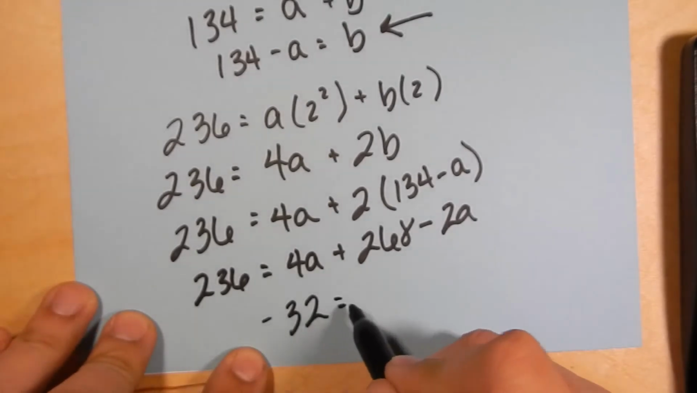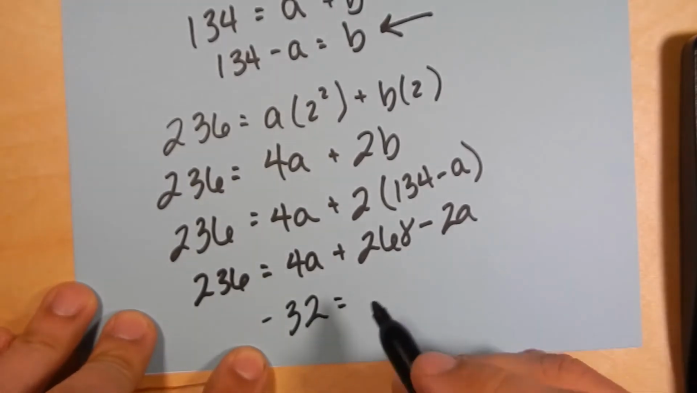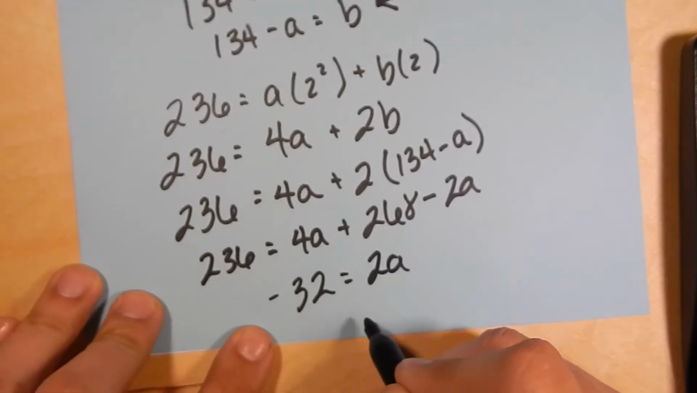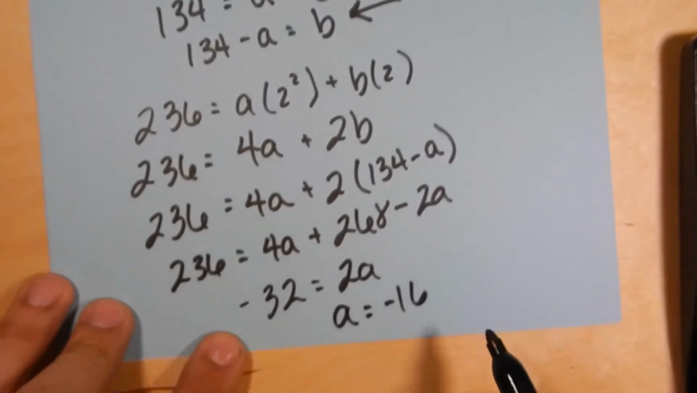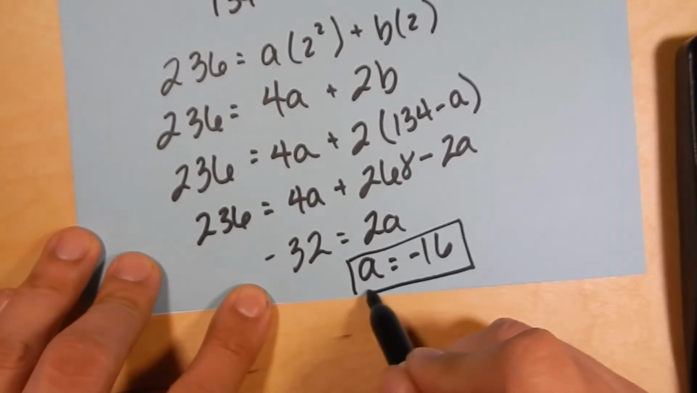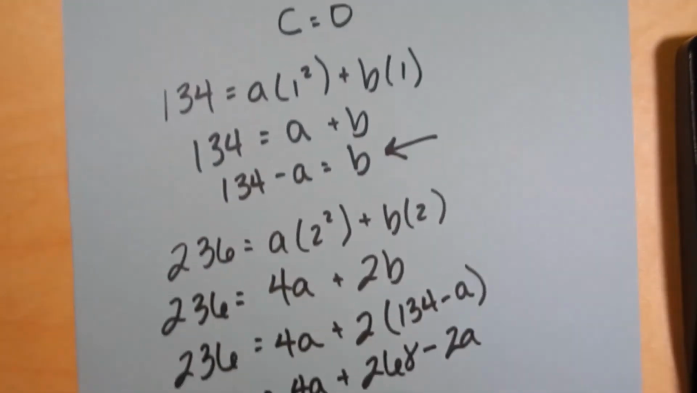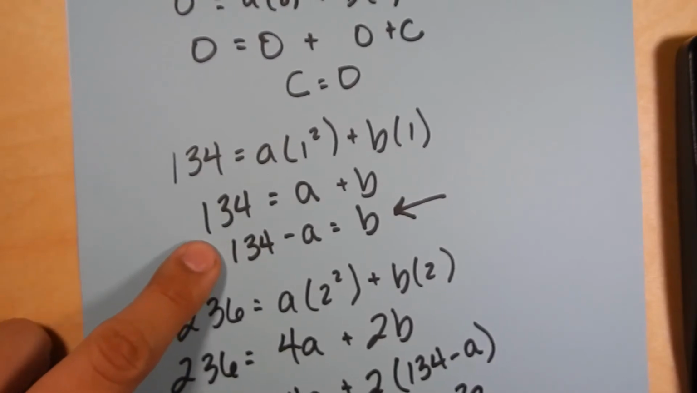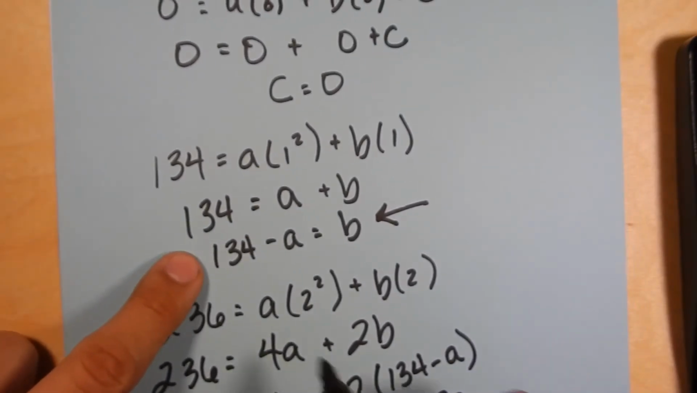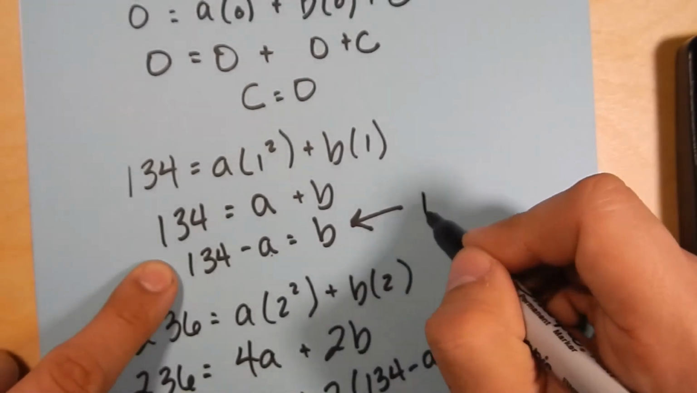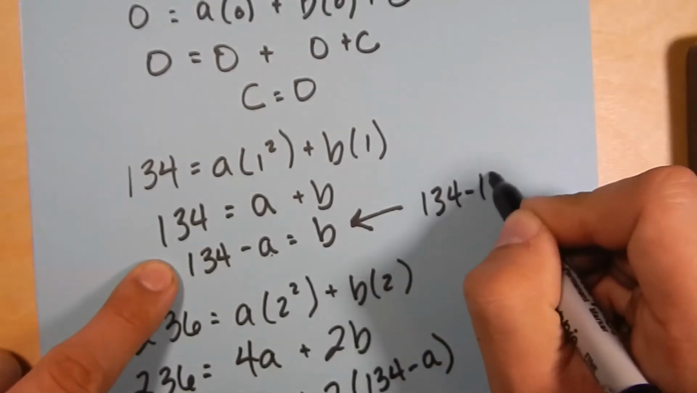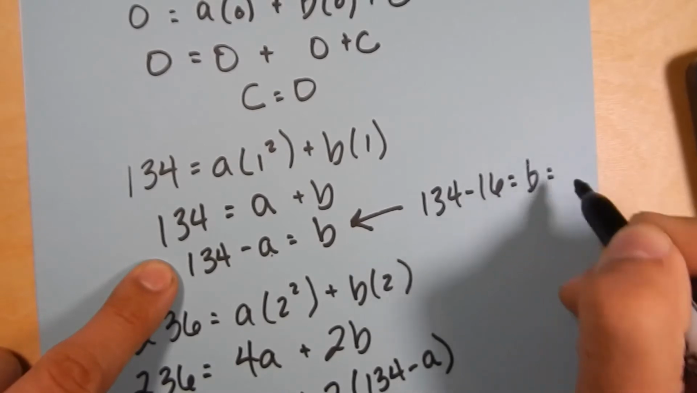What else? Oh, that is 4a minus 2a, so that is 2a. So this tells us that a is negative 16, and by extension, we can figure out what b is, because we have this from back here. So 134 minus 16, that is what b is, which is